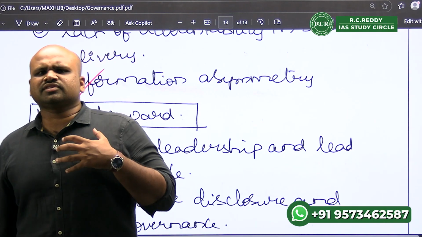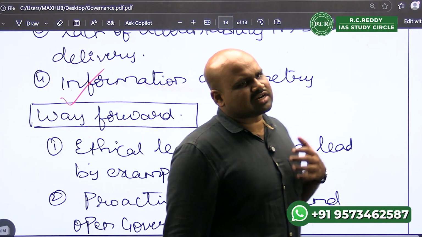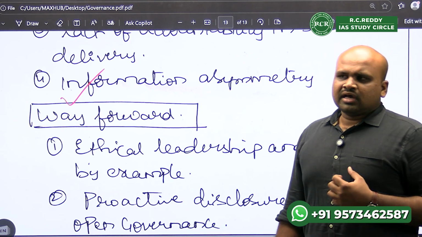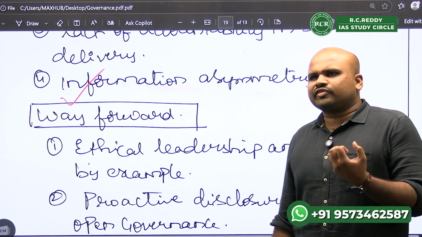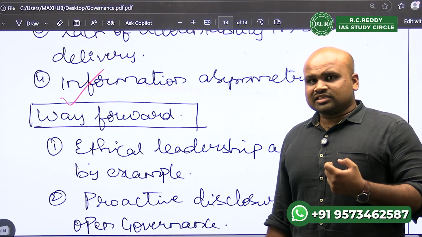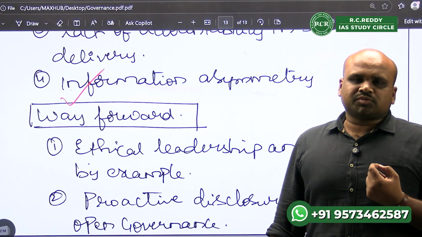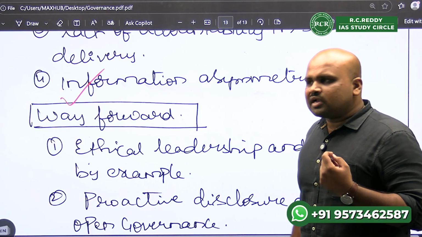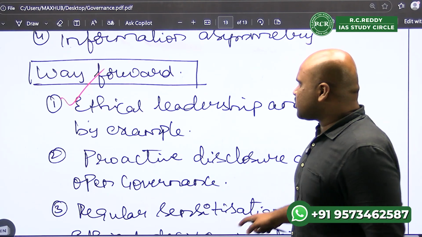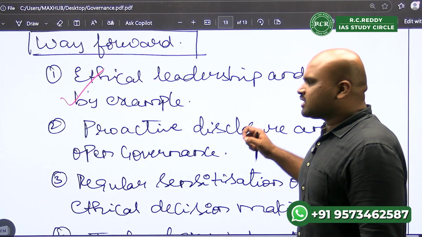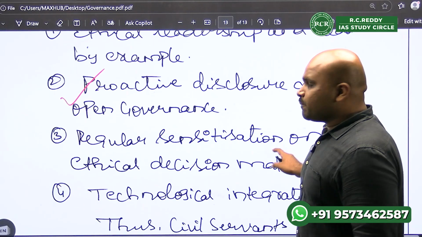Indian civil services is seen to be criticized that it is run upon a veil of secrecy, with lack of transparency. So that is a major challenge which could be seen with respect to building of a positive public perception. But certain way forward or certain measures can be brought in, something like ethical leadership with respect to mid-career